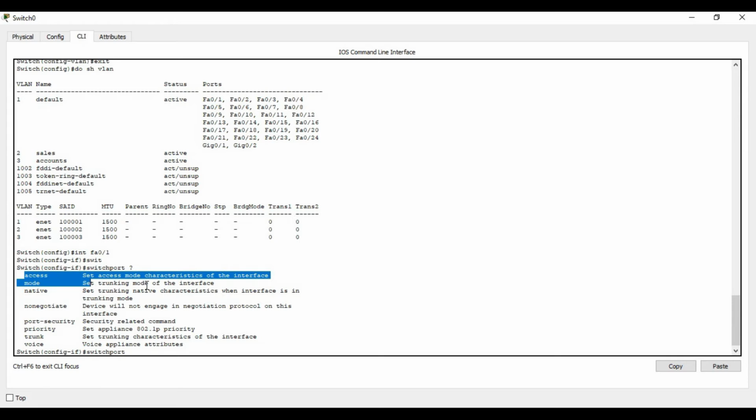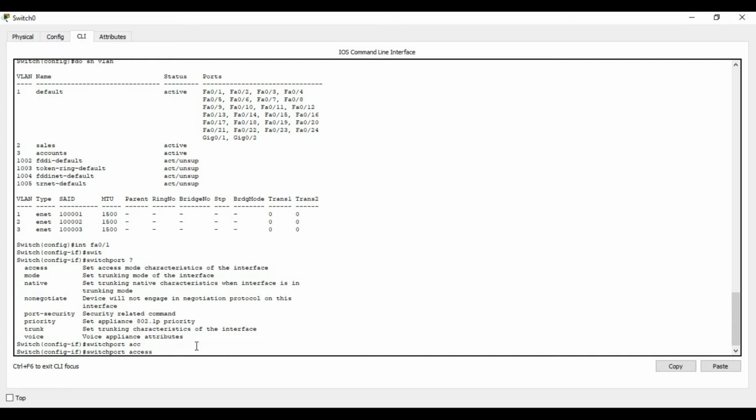If the other port is in access mode, they will change themselves to access mode, or if it's in trunk mode, they will change themselves to trunk mode. With access mode, each interface will carry one single VLAN's data. Trunk mode is used to connect switches and devices, and carries data of all kinds of VLANs.